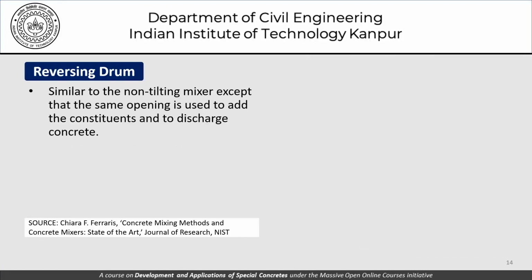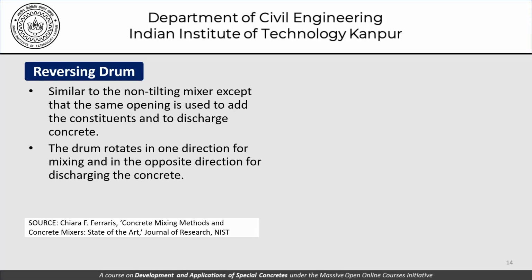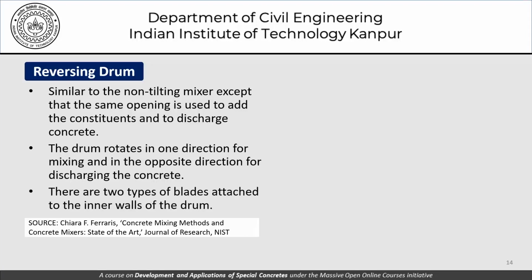As far as a reversing drum mixer is concerned, it's similar to the non-tilting mixer except for the fact that the same opening is used to add the constituents and to discharge the concrete. The drum rotates in one direction for mixing and the opposite direction for discharging of concrete. There are two types of blades attached to the inner walls of the drum as far as a reversing drum